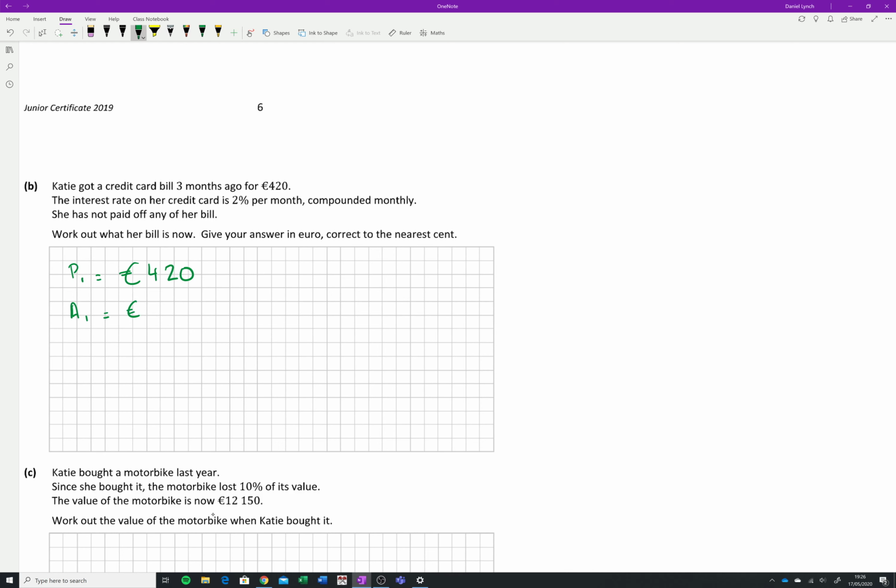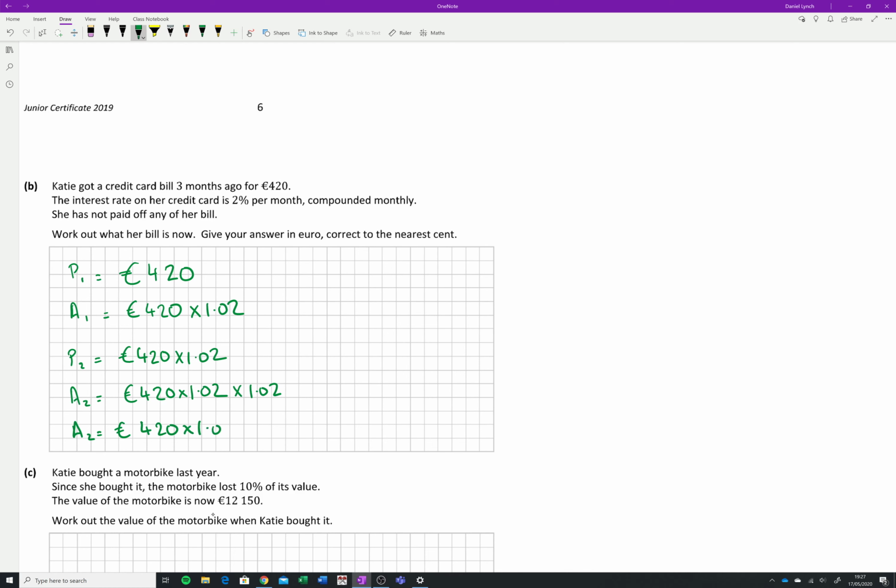Use A for just the end of it. The amount that you owe at the end of year 1 has increased by 2%. So now in year 2, or month 2 in this case, you start the year owing 420 times 1.02. I'm not going to even bother calculating what that is. At the end of that year, you owe 420 times 1.02, and that amount has been increased by 1.02 again. So another way to write that, the amount that we owe at the end of year 2, is